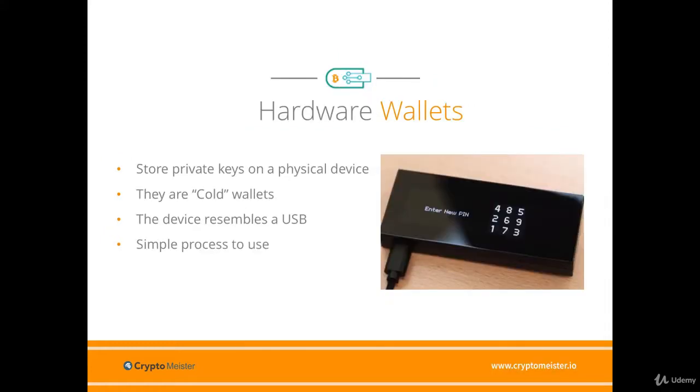A hardware wallet is a special type of wallet that stores a user's private keys on a physical device. They are considered to be cold storage or a cold wallet. You are required to install an application on a computer or a mobile device. You need to then connect this to a physical device that looks similar to a USB when making transactions. Using a hardware wallet for transactions is a very simple process. You plug it in, enter a PIN, send your currency, confirm the transaction, and then disconnect it and store it away until the next time.